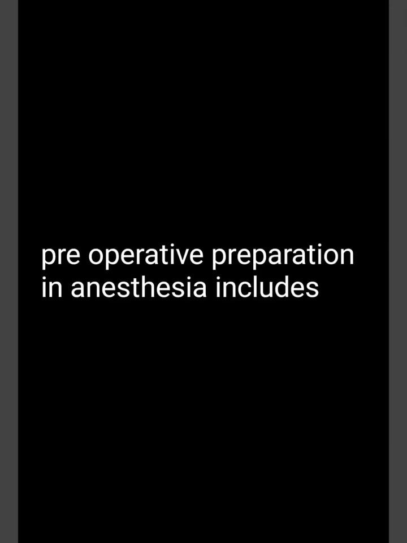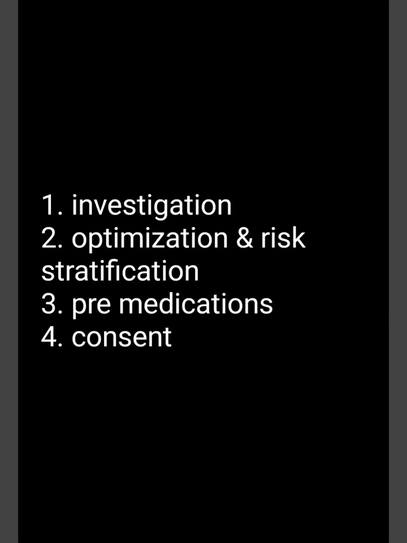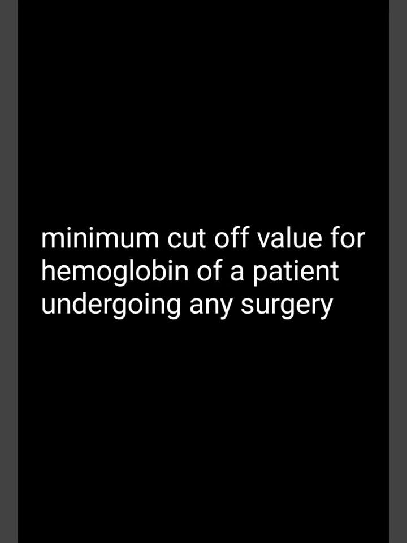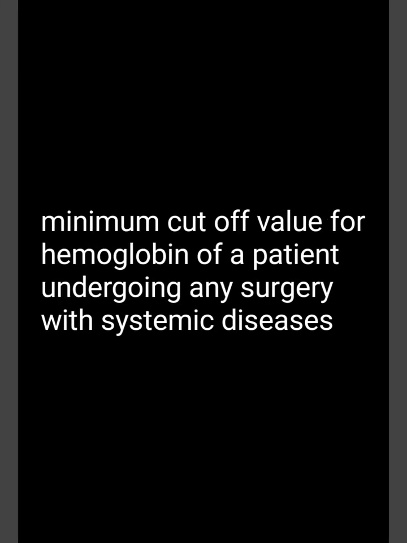Pre-operative preparation in anesthesia includes: 1. Investigation. 2. Optimization and risk stratification. 3. Pre-medications. 4. Consent. Minimum cutoff value for hemoglobin of a patient undergoing any surgery: 8 grams per deciliter. Minimum cutoff value for hemoglobin of a patient undergoing any surgery with systemic disease: